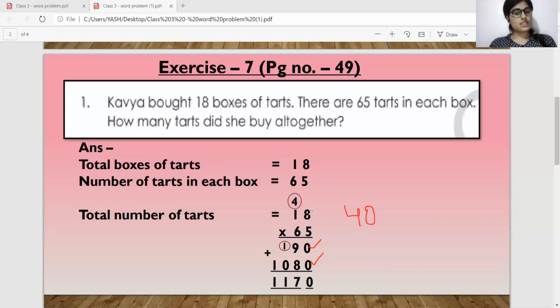Tell me, 6 into 8 is what? 6 times 8 is? Yes, 6 times 8 is 48. Okay, the answer is 48. So I can write here 48. So 6 into 8 is 48. 8 is at what place in 48? 8 is at ones place. So we will write 8 in the answer, at this place, and 4 carries over to the next higher place, means over 1. So I will write 4 over 1.